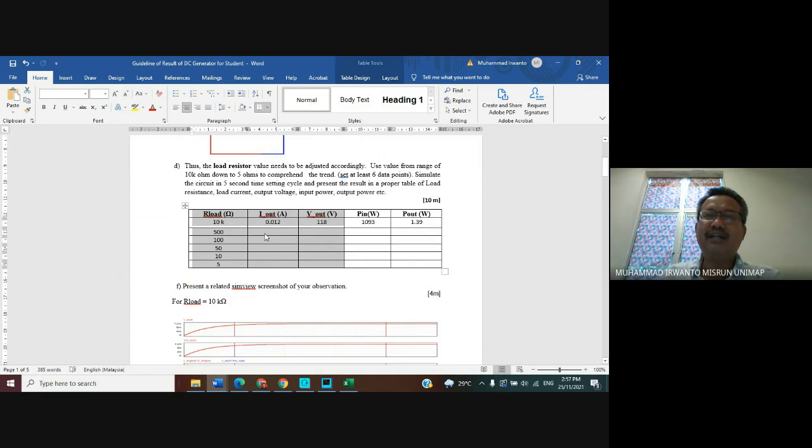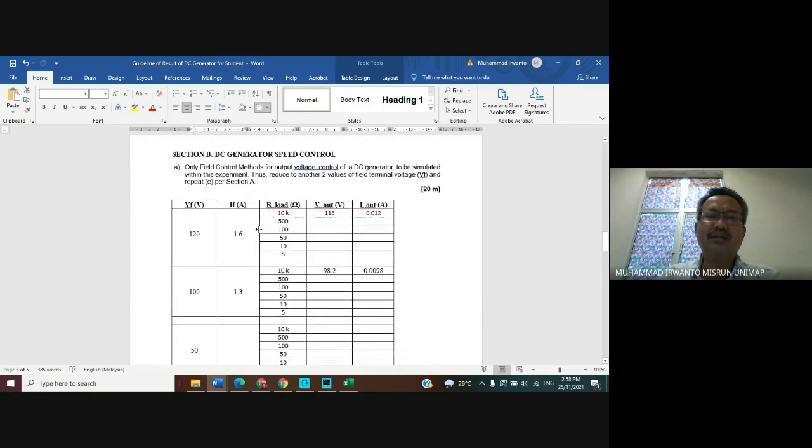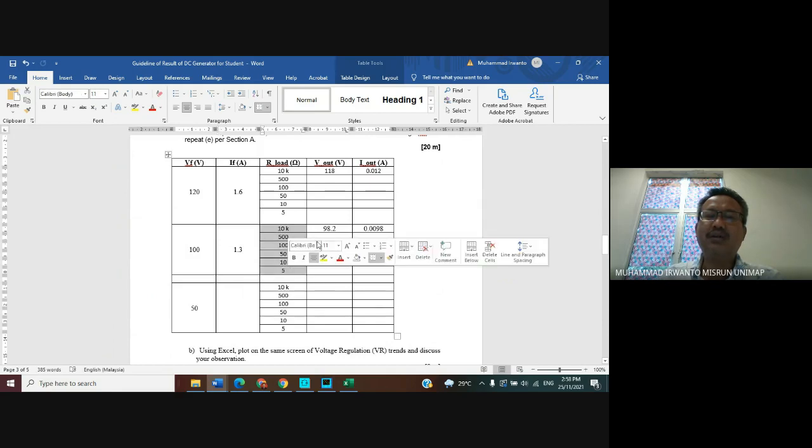And then I reduce the field voltage from 120 to 100. Same with various values of the load resistance, we observe the value of the output voltage and output current.